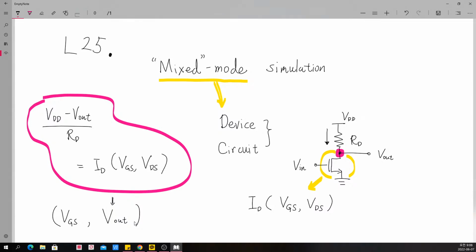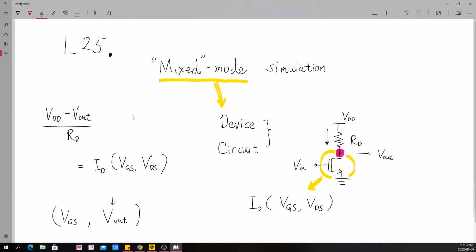That is the situation. If you only have the capability to calculate a single device, that is the best you can do. But the point is, when we consider mixed mode simulation,